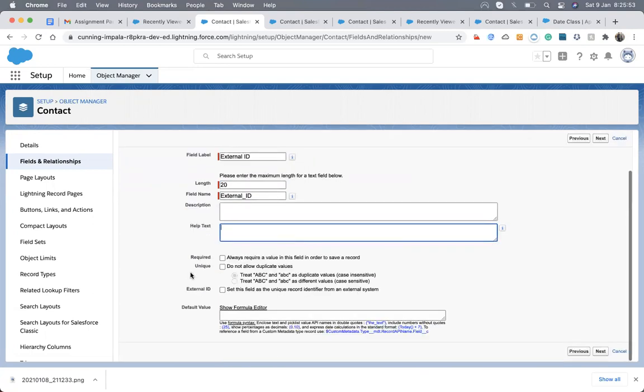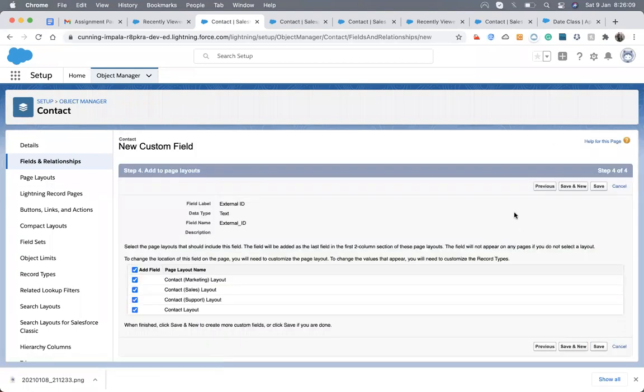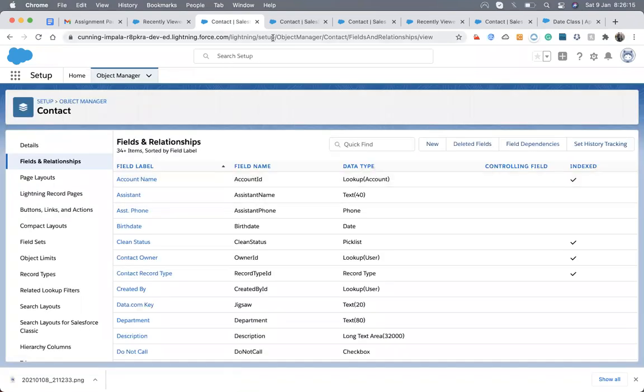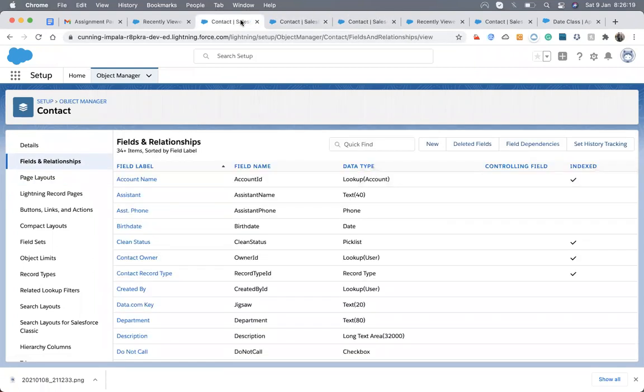But you have to check the checkbox. It's also unique, but it's coming from a third-party ID. It could be something like a social security number, so that I can uniquely identify a contact on the basis of that.